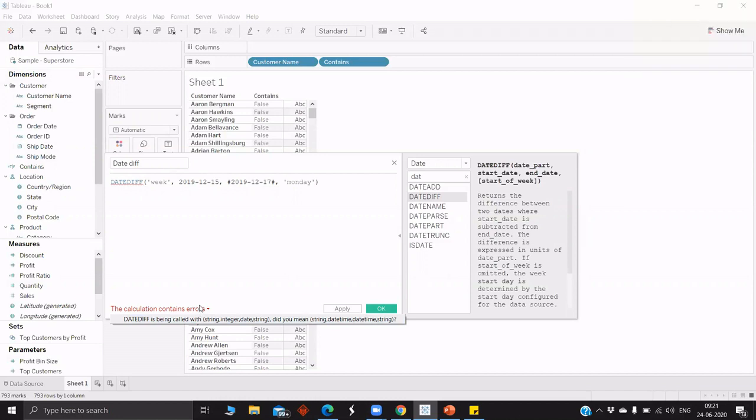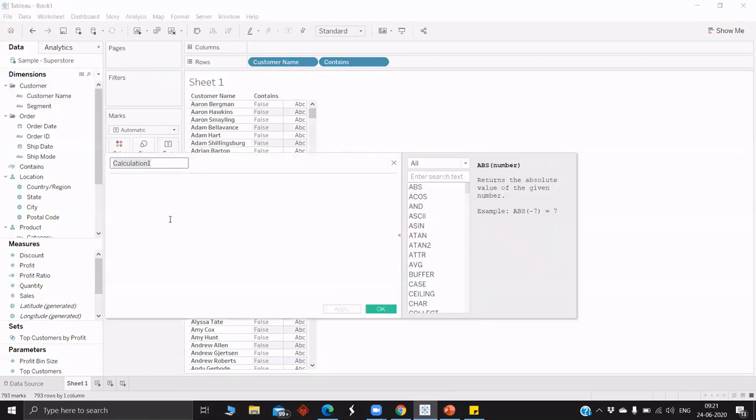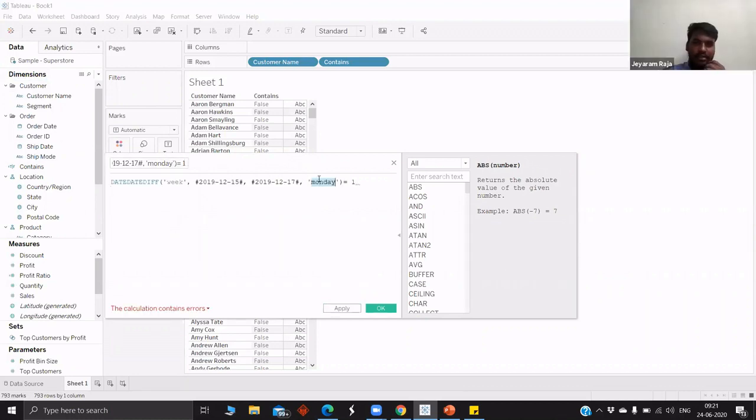To ensure it's a date, you have to use the hash before and after, otherwise it will be taken as a string. What does the Monday do there? It's saying the week starts on Monday, I guess.